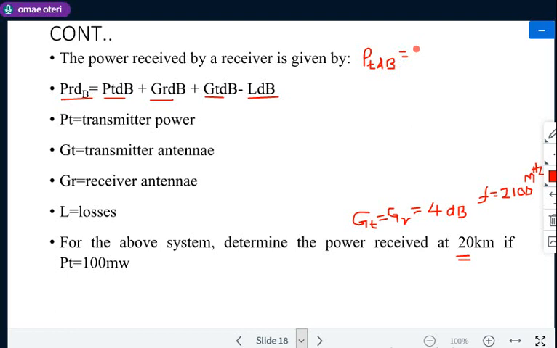10 log the brackets 10, that's 100 times 10 to power negative 3, which will be the same as